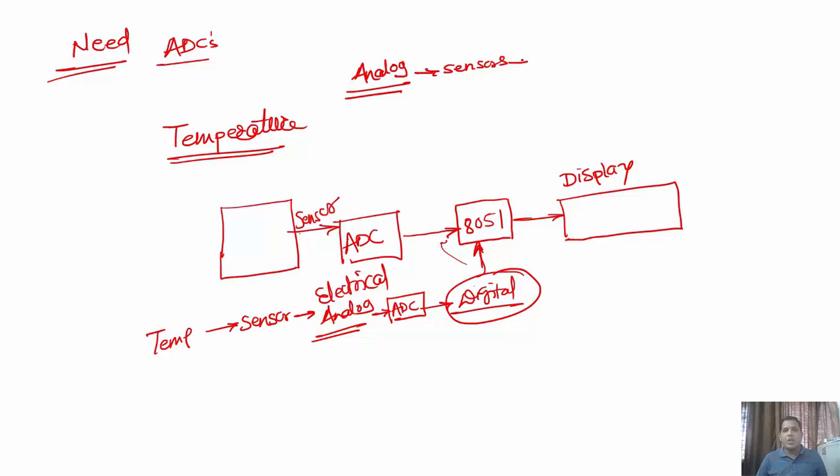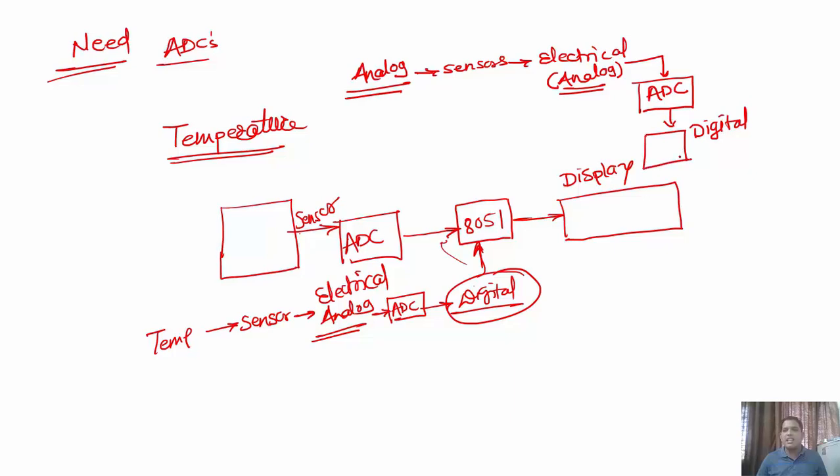The sensors generate the equivalent electrical signal. These electrical signals are again in analog format, and in order to process them, we give them to the ADC unit, the most important one, the analog to digital converter, so that these electrical analog signals get converted into digital format, and these digital signals are easily processed by any embedded system, and finally given to the proper output unit.